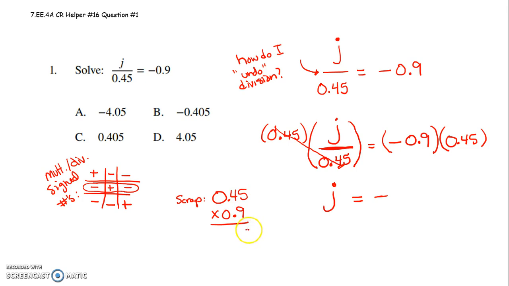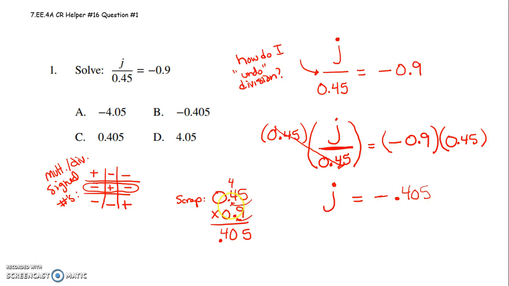9 times 5 is 45. Put down a 5, carry a 4. 9 times 4 is 36, and 4 more is 40. And then 9 times 0 is 0. So then I just take a look. Where do I put my decimal point? 1, 2, 3 places over. 1, 2, 3 places over. And that makes sense to me. So my answer would be